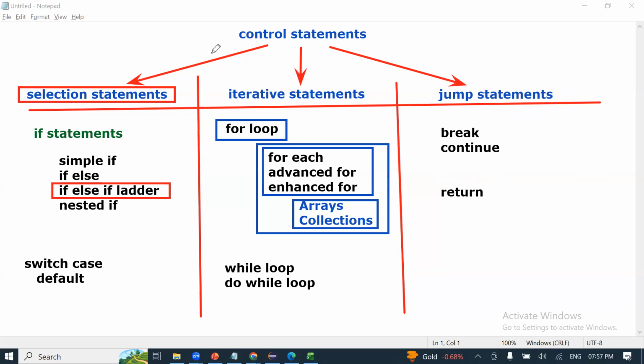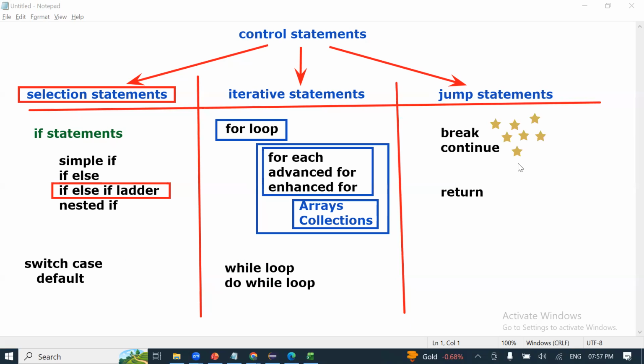From the interview standpoint, all are important. From the project standpoint, all are important. But if you ask me what they will ask in the interview, more probability is break and continue. They may ask maximum: what is the difference between break and continue?